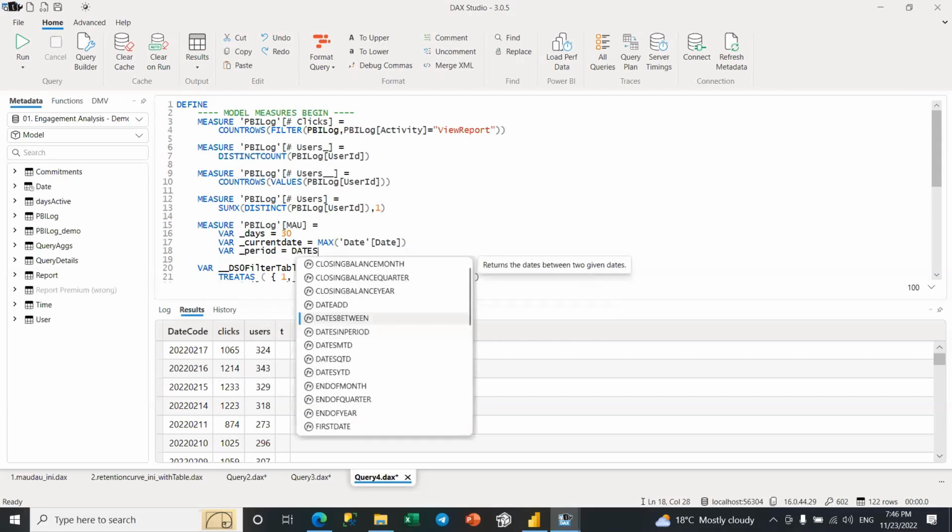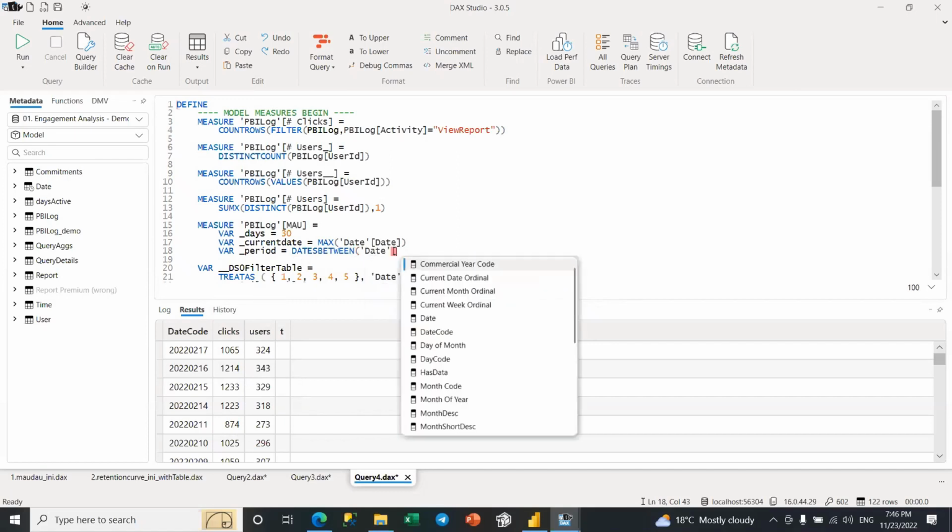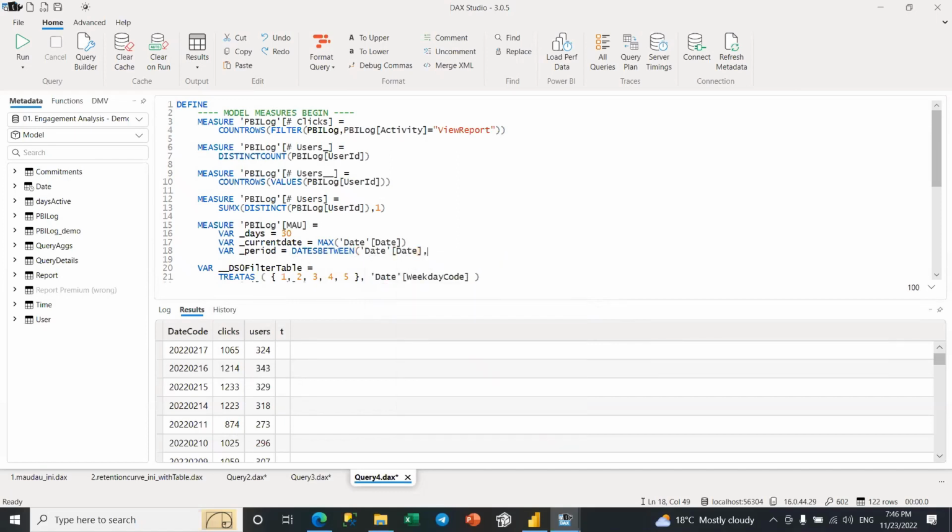And for that, we can just use DATESBETWEEN. First of all, we need to tell DAX where is the column with all the dates. And we need to use our current date as the date from which we are going to go back 30 days. And we want to go minus days, to the current date, okay?